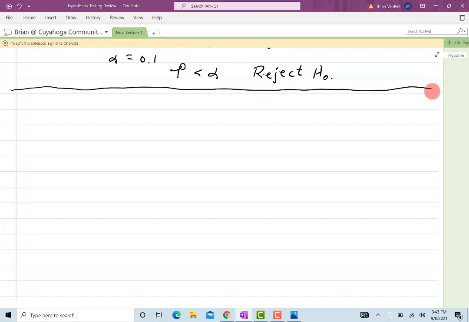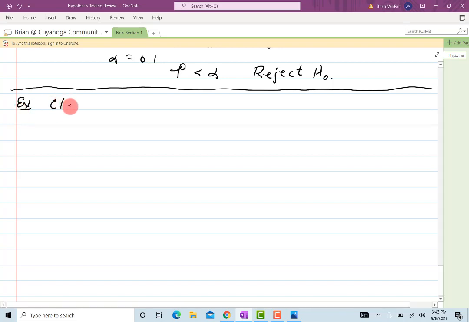I wanted to do one last example that used a two-tailed test. So I'll do the same thing as before, the classical method and the p-value method. Let's say we have a claim that mu is equal to 6.3. Sigma equals 2.5. We have a known population